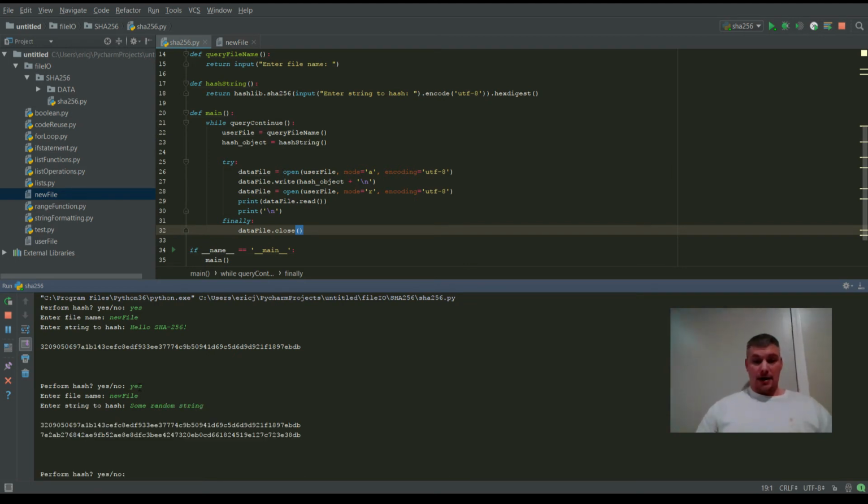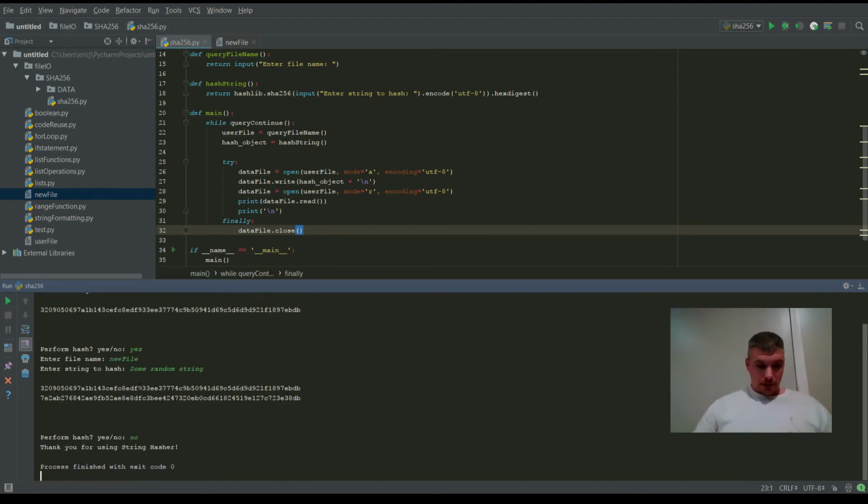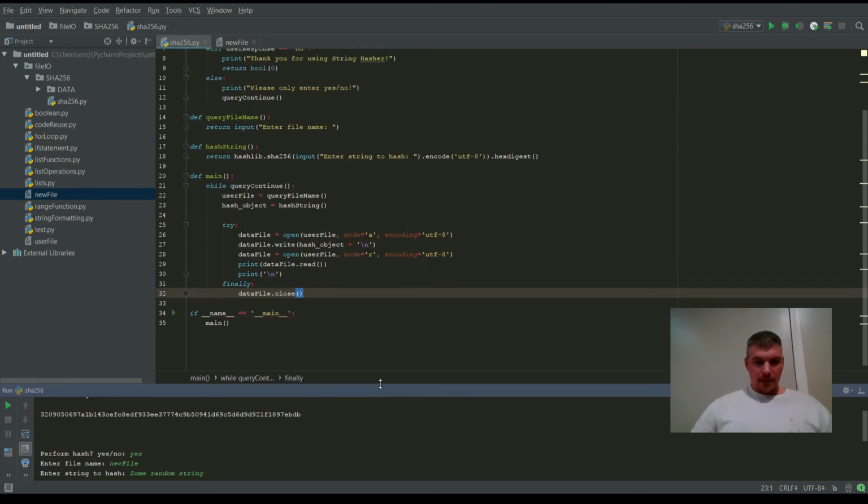Boom, and it hashes that, and it appends it to the file. You can see now we have two hashes in the file. Perform another hash? No. Okay, it says thank you for using string hasher. So that's just a real quick, down and dirty, quick little example of the SHA-256